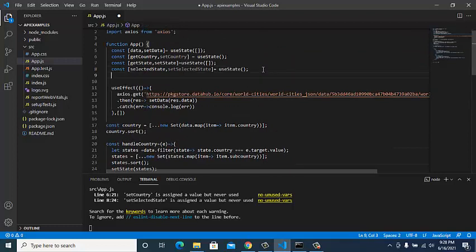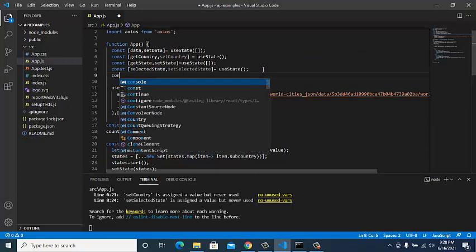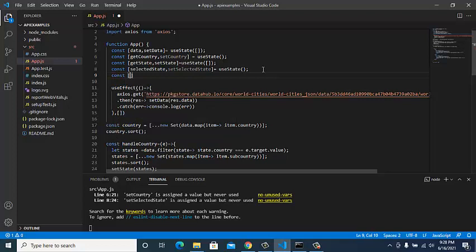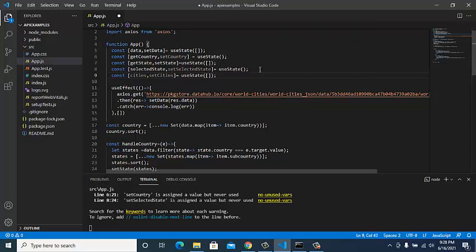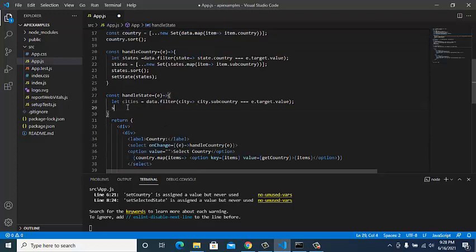So we'll create a state for the city: const city, setCity to state. This will be an array of cities, and we'll set the data.